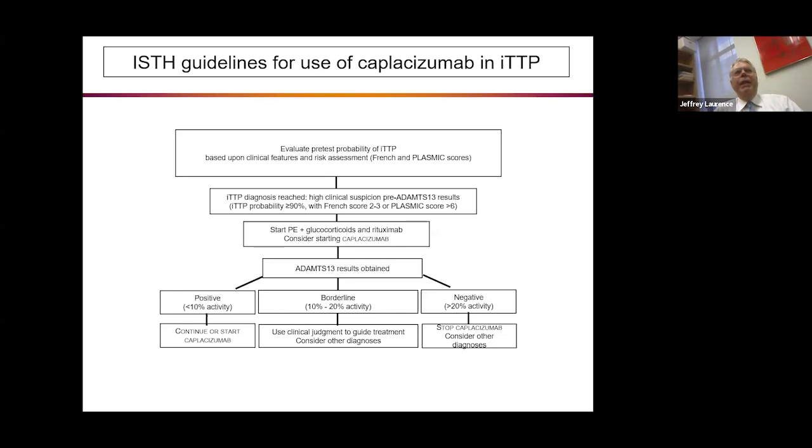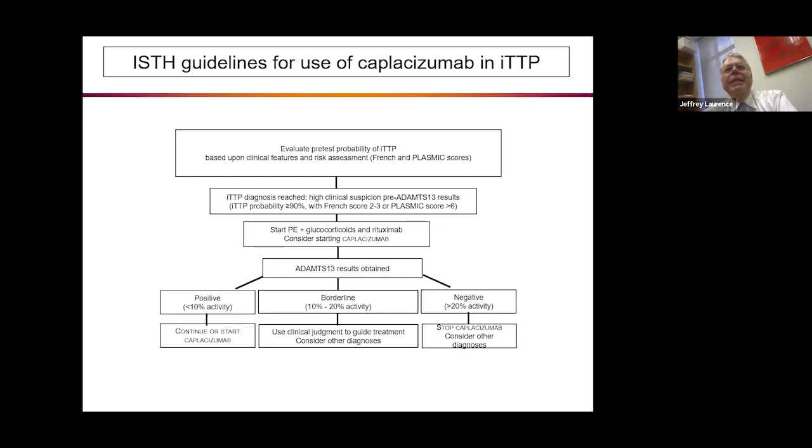And so all this was put together by the International Society on Thrombosis and Haemostasis. This was first published in 2020 with an update in 2022, and that is how we should treat immune TTP. The idea is, first, you should have a high clinical suspicion that you're dealing with TTP versus HUS. That is, consider clinical features. Is there lung involvement or isn't there? Did you do the French score? Is that a high score, which would indicate TTP? In other words, you have platelet counts less than 30,000 and creatinines less than 2.3, or is it a low score indicating HUS?